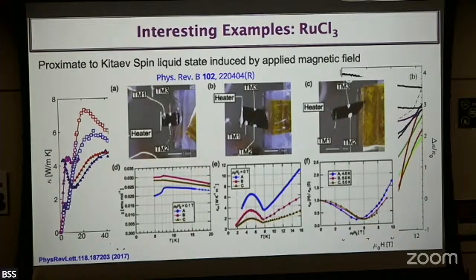from other groups. This paper was all about how many samples they measured. They reported 4 different samples, and 3 of them are showing the picture. You can see the thermal Hall measurement with the heater attached, and the heater goes all the way. These are all silver wires, et cetera. And all the values and field dependence are the same. So, thank goodness. It was good, okay?